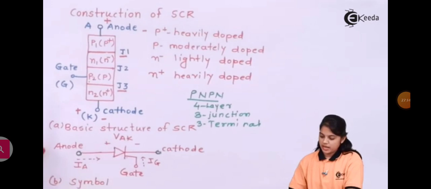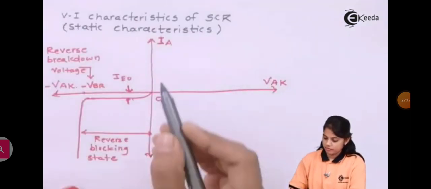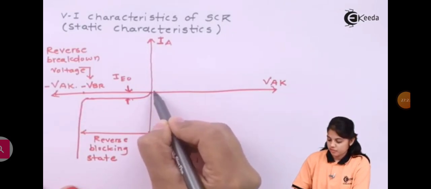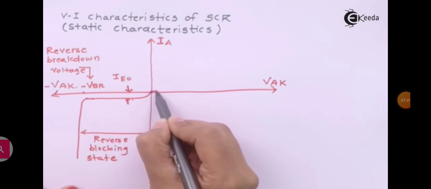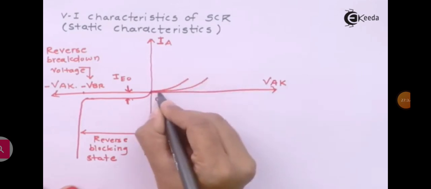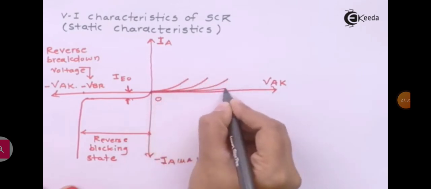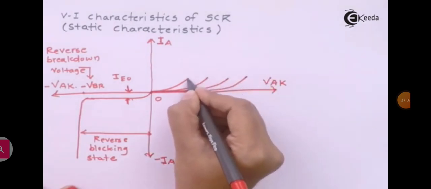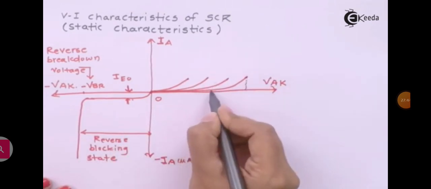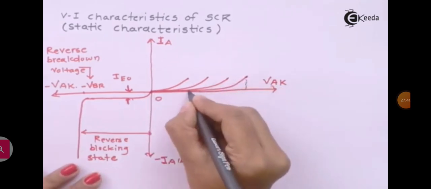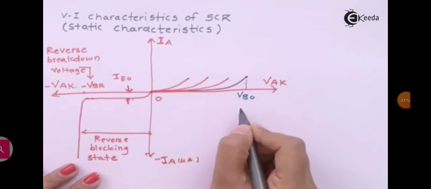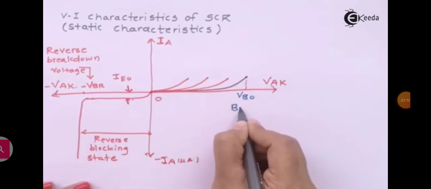Now let's see what the voltage characteristics graph is. Now let's assume that I have applied a forward voltage. So if I increase the forward voltage, what will happen? There will be a small amount of current that will flow through an SCR. Now I will show you multiple graphs over here. So let's assume first there is no current. So first I will take this first graph, correct? Now look at this line which is drawn over here. I will name this as VBO, that is, VBO stands for breakover voltage.